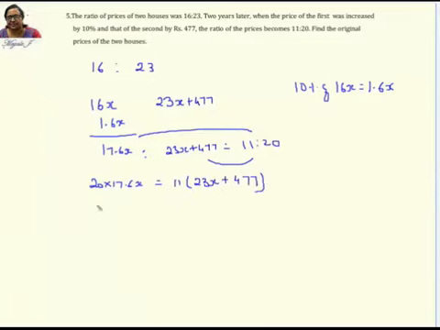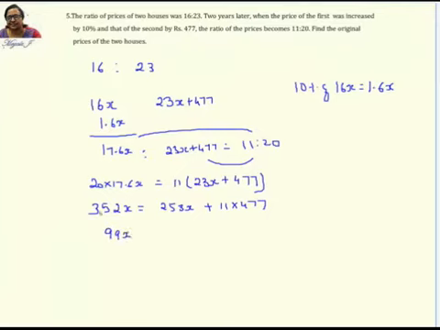So here when you multiply, we remove the decimal: 176 into 2 is how much? 352. So 352x equals 253x plus 477, let me keep it as such, it's too big. Let us not do it now. So you bring this one here and subtract. So 352 minus 252 will be 100, but this is 253, therefore 1 less, 99x.